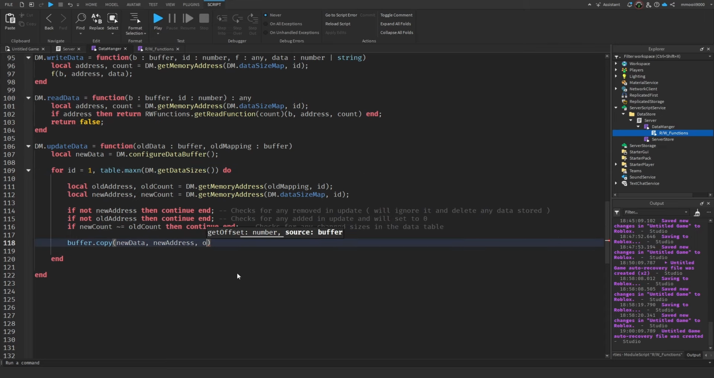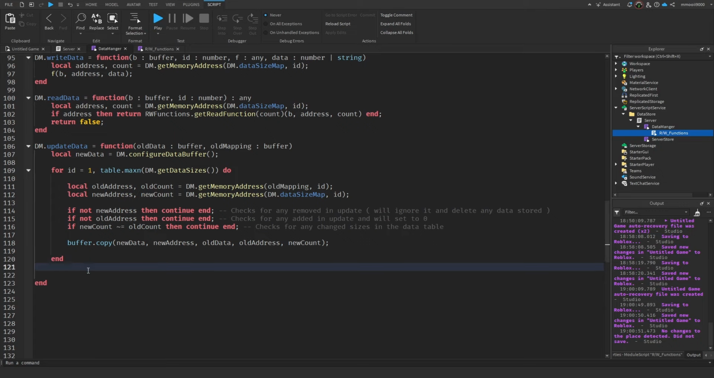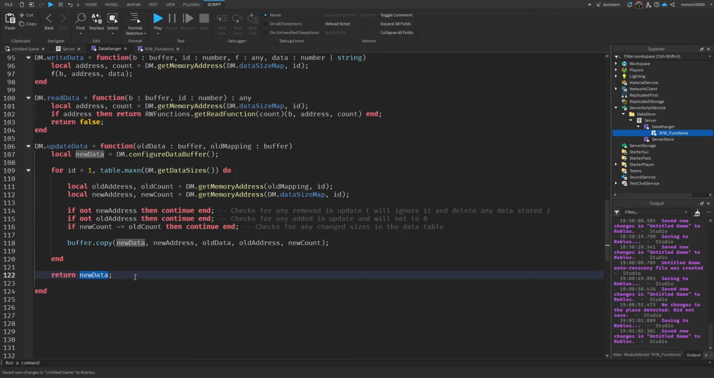Now, the source is going to be from the old data buffer, and the offset is going to be the old address. So the old address of that data in the old data buffer. And then we also need a count. So this is going to be the size. So this is going to be new count. And once you've finished with this update data, we're going to be just returning the new data. And this is going to be our new data buffer, which is the one we'll save into the player classes